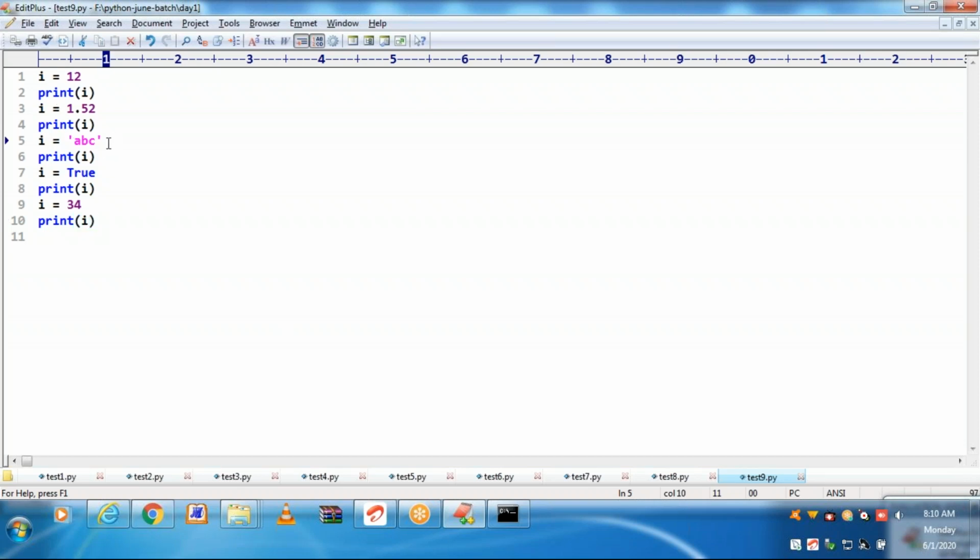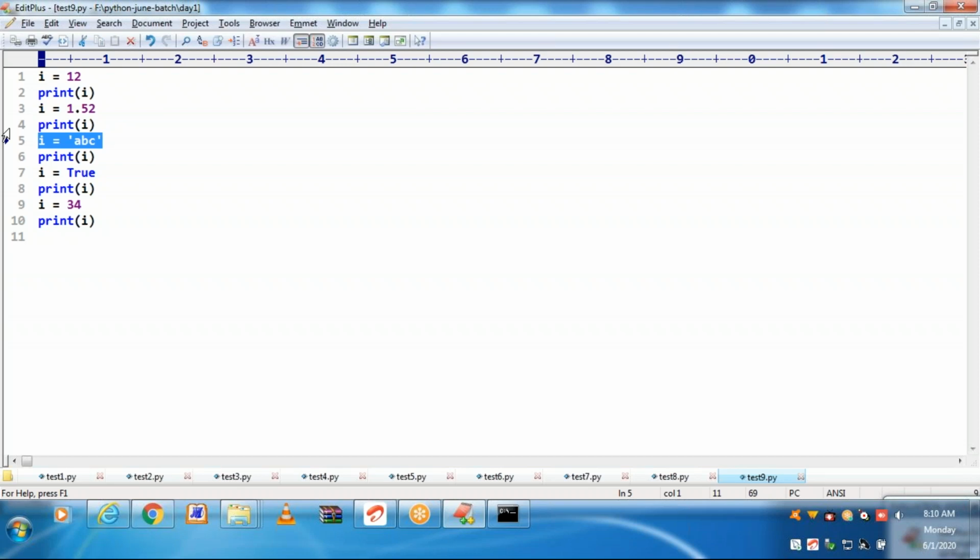While assigning I is equal to ABC, the data type dynamically changes from float to string. Likewise, the data type dynamically changes. You don't need to specify the data type. The same variable is used for storing any number of values, at one time one value, another time another value.